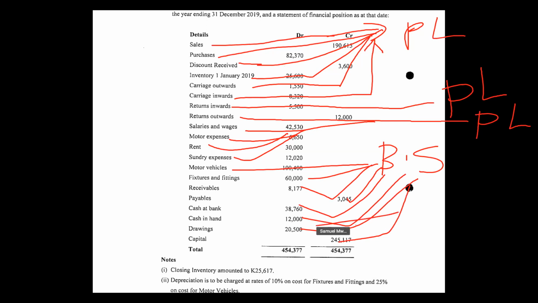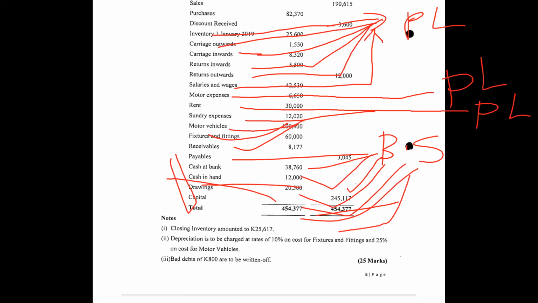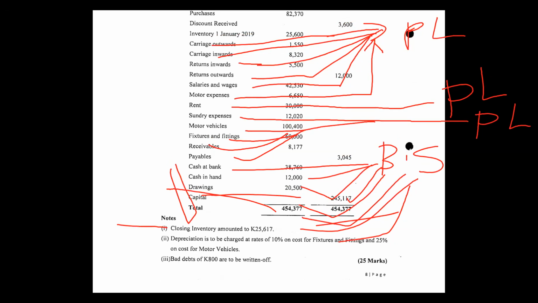Are we all fine with the allocation? If we are, then we can go to the simple adjustments that are here. Just the 3 adjustments. Closing inventory. You've seen that the UNZA exams are too straightforward. Sometimes they even mention closing inventory. It's here down. Depreciation to be charged